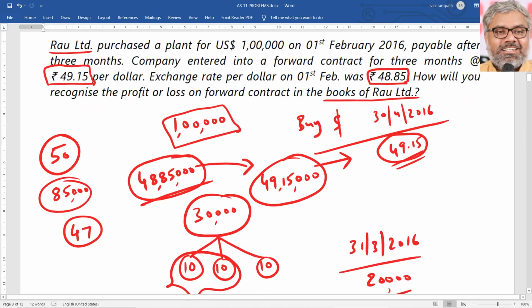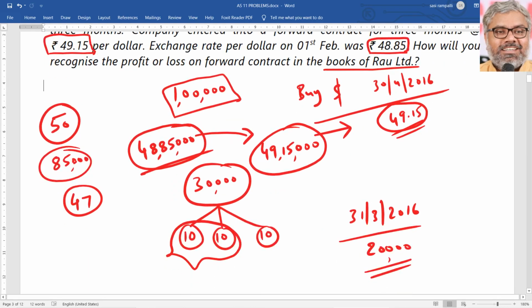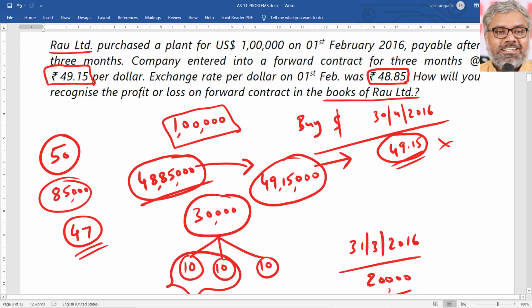If it had an option of cancelling that contract, then how would that be? Then it would simply cancel this contract and really buy the dollars from the market at 47 rupees only. Of course, for cancelling this contract, there might be some penalty or some fees that it will pay. But in spite of that, still it has saved 2,15,000 rupees if the dollar went down to 47 rupees. Like this, the derivative instruments will work sometimes to hedge the risk or sometimes to even gain from them according to the fluctuations that happen in the market.